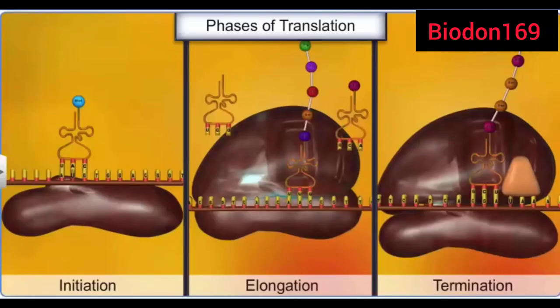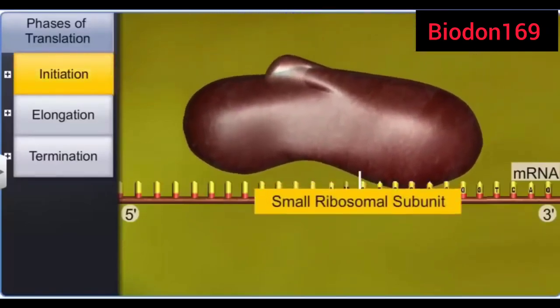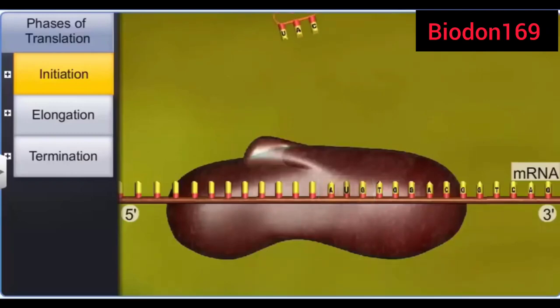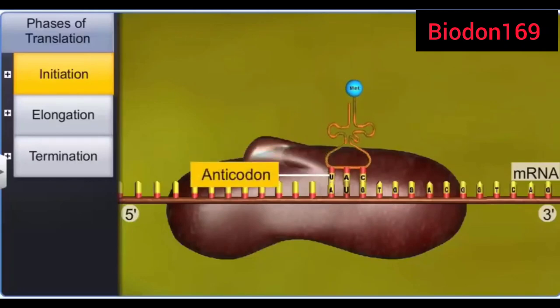Translation occurs in 3 phases: initiation, elongation, and termination. In the initiation phase, the small subunit of the ribosome moves along the mRNA strand to locate and bind to the start codon AUG. The first aminoacyl tRNA carrying the amino acid methionine with an anticodon UAC binds to the start codon at P site, after which